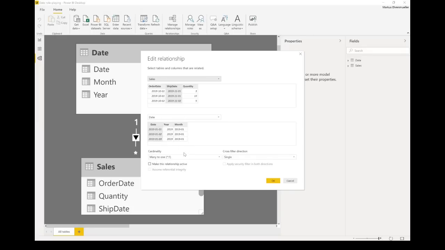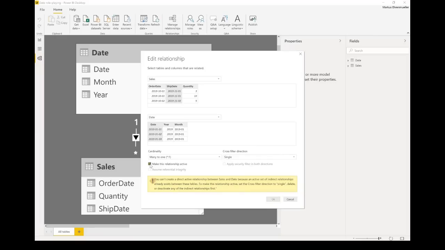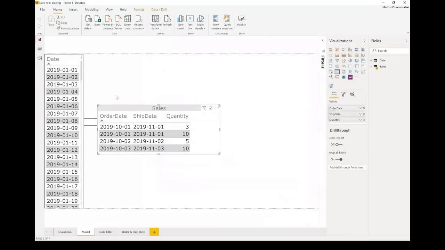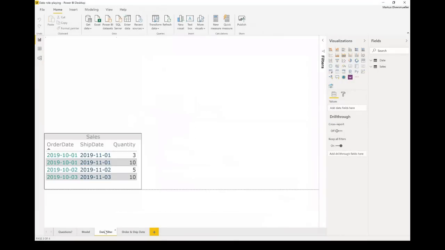So many sales have one date. This is fine. And why would I have an inactive relationship? If I click there, unfortunately, I get a warning: you can't create a direct active relationship between sales and date because an active set of indirect relationships already exists between those tables. So we can only have one active relationship. So why would I create this relationship at all? The thing is that, of course, we can use this, and we can